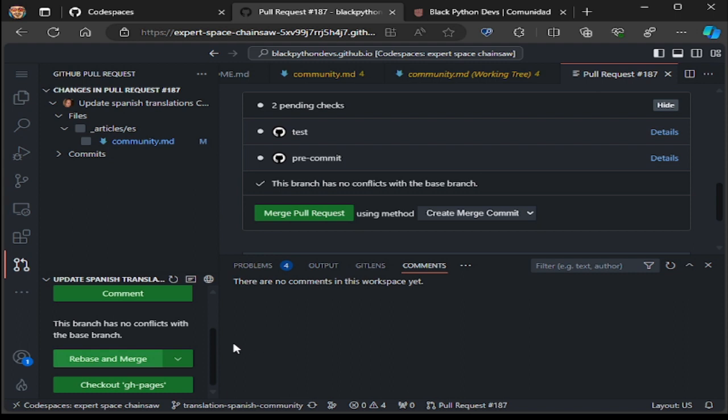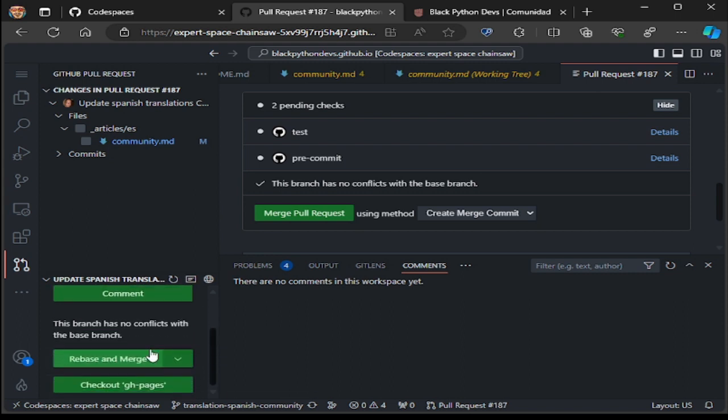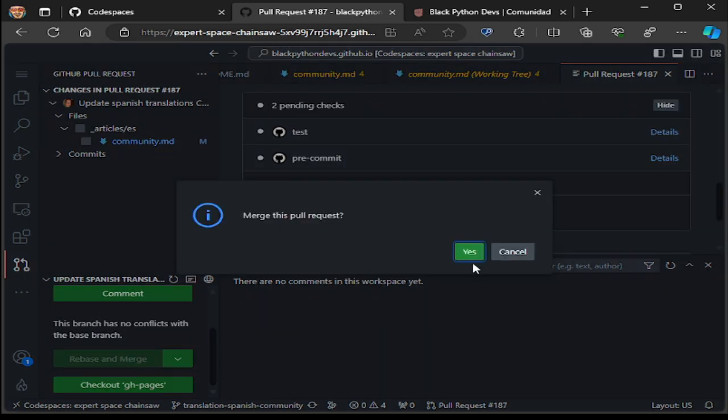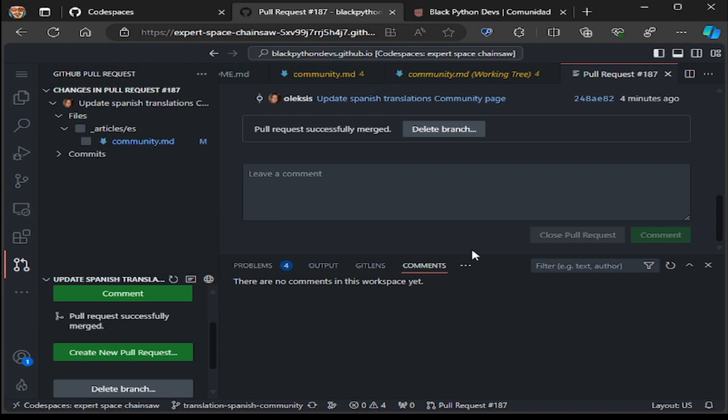Like I just add this change to the translation and rebase. This will merge the commit to the official repository when the pull request is merged, and then, for example, if you go through the actions,